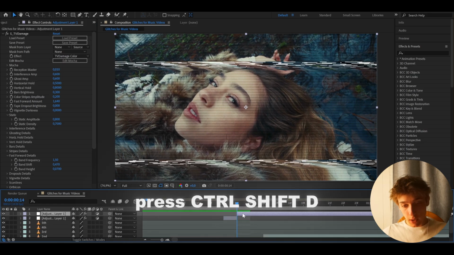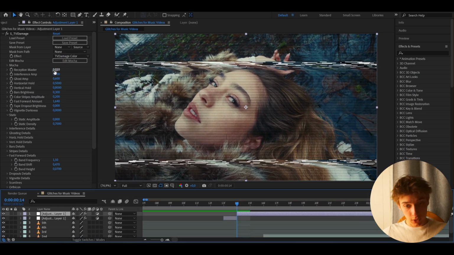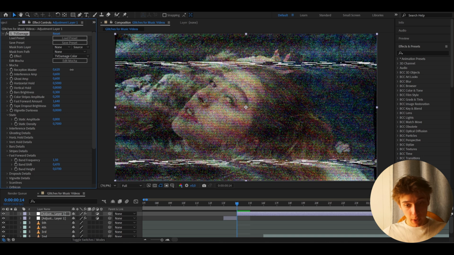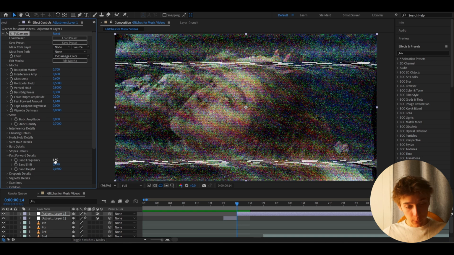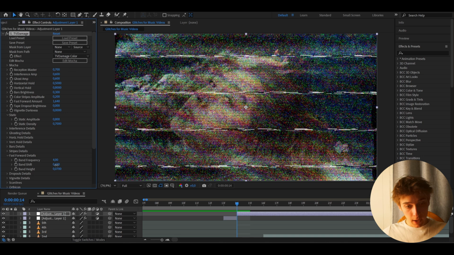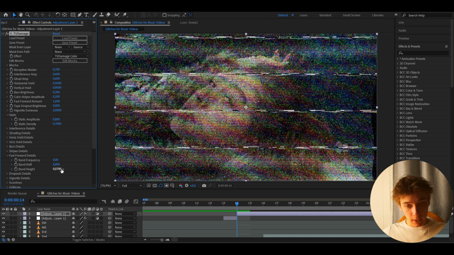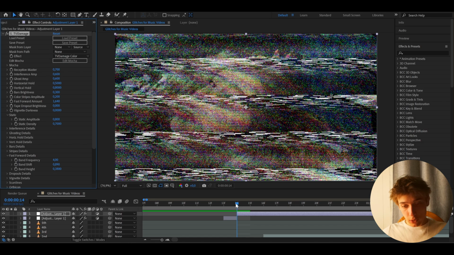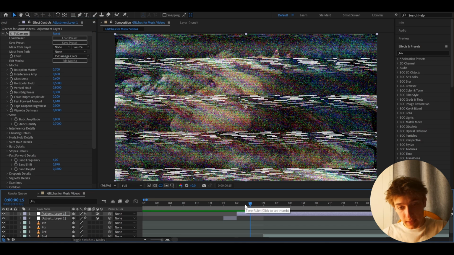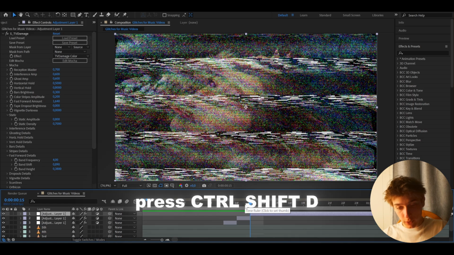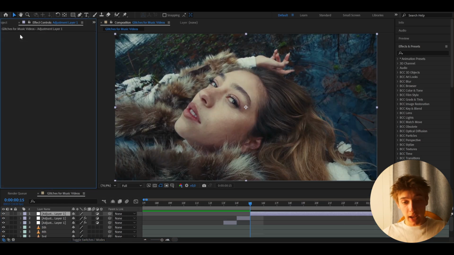and press Ctrl Shift D, and on this adjustment layer we can change the settings a bit. You can make the reception master a bit higher, and you can make the band frequency a little higher, the band shift a bit higher, and the band height, let's make it way bigger. So this would create a bit more of a basic glitch, I'm not gonna lie. And you can press Ctrl Shift D, and you could actually just stop with the STV Damage,